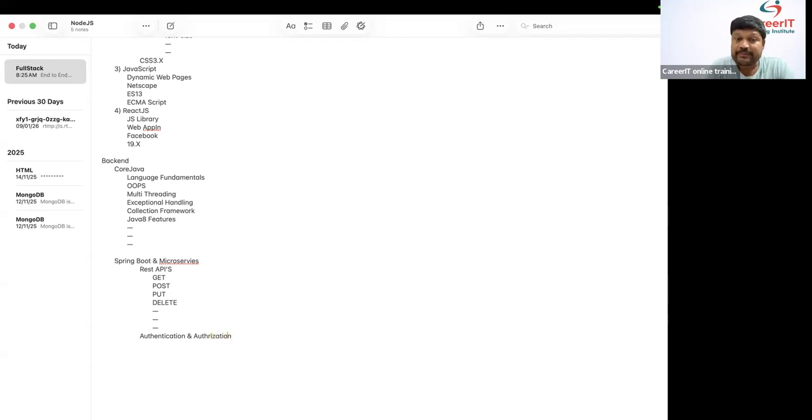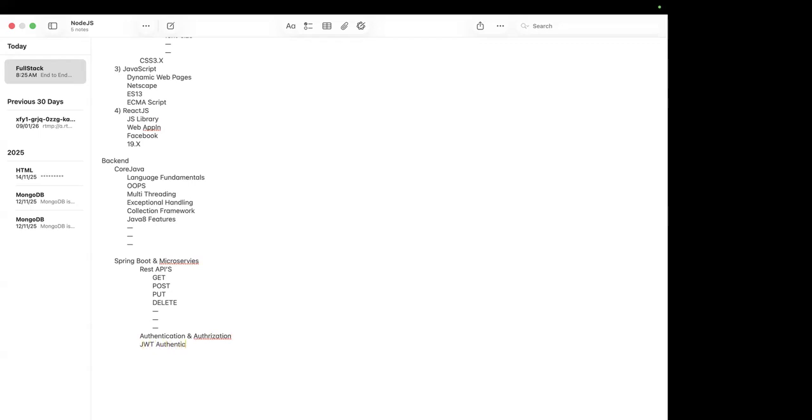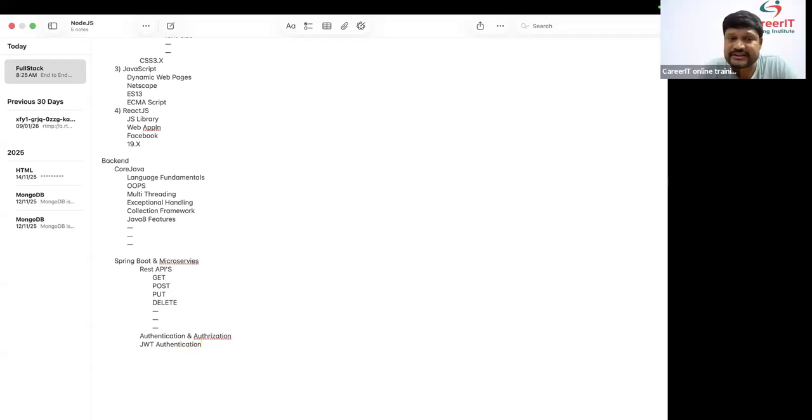Coming to authentication, mainly I need to put the focus on JWT authentication, JSON Web Token authentication, very important while working with organizations.